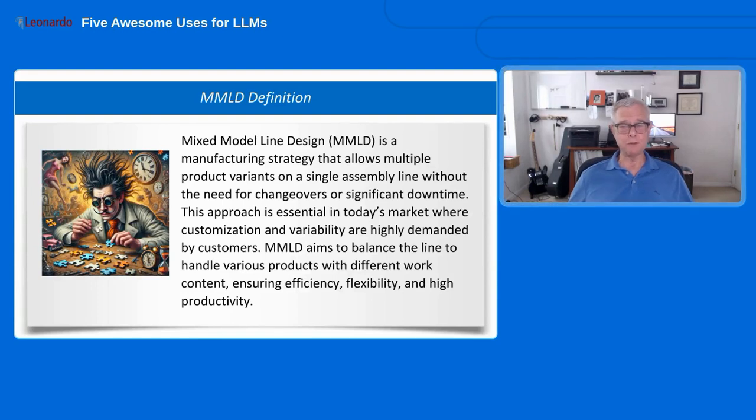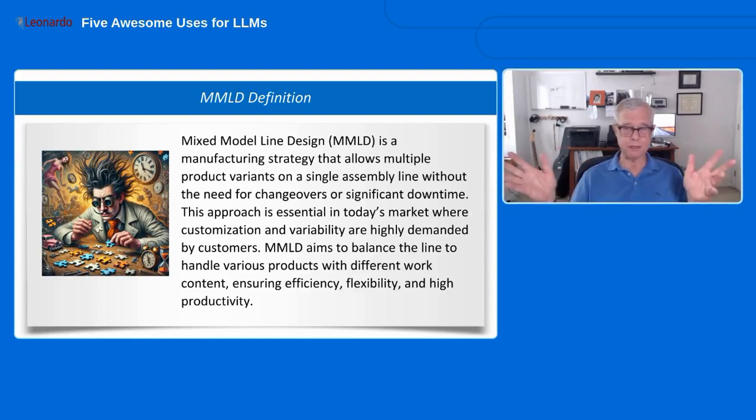And not only do you have to do the work efficiently so that workers aren't standing around because a hard product is coming down the line and everything else is drying up downstream because it's taking longer. And you have to be able to execute on material delivery because you're going to have a lot more variation in the parts that are consumed when you have a lot of different models going down the same line. So that all makes sense, right?